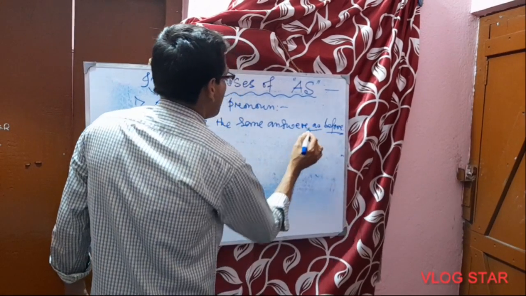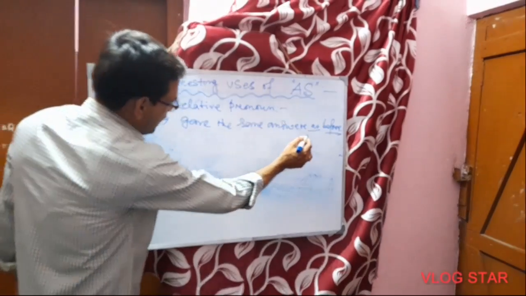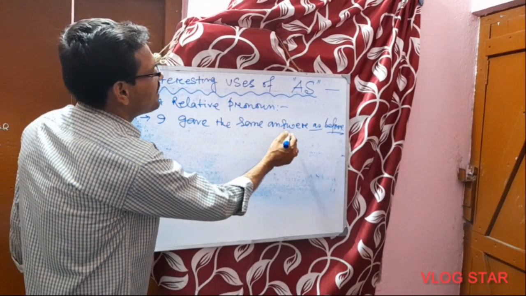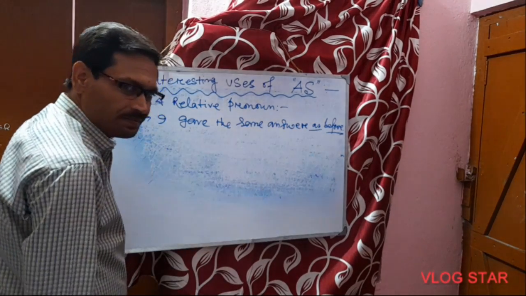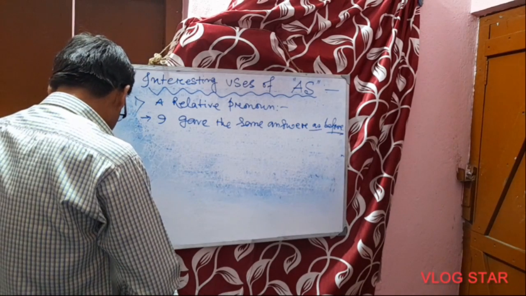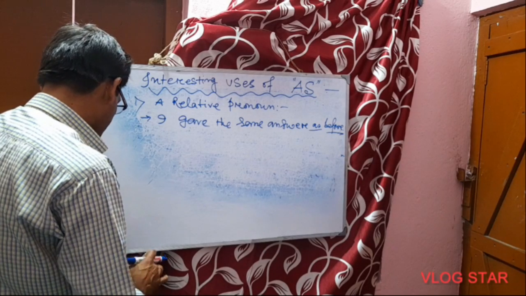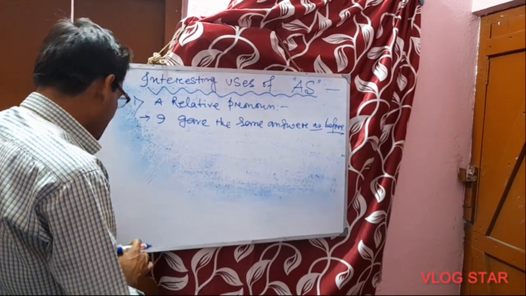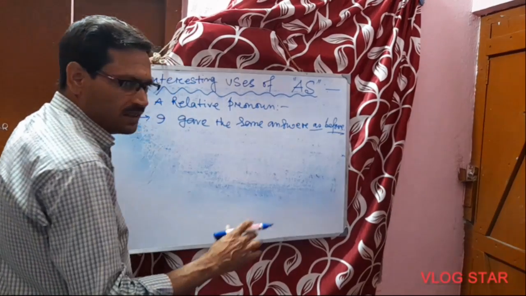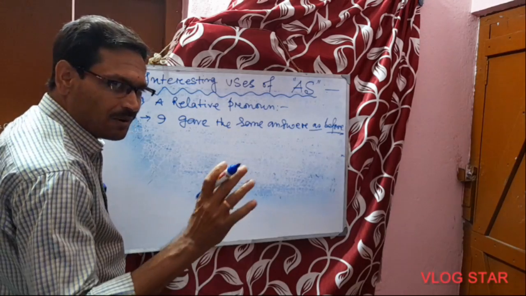Now here "as" acts in a sentence, এখানে as এর ব্যবহারটা রিলেটিভ প্রোনাউনের মতো। I gave the same answer as before. Now there is no difficulty. I gave the same answer as before. "As" here indicates as he gave before. যা উত্তর দিয়েছে সেরকম, এখানে কোনো কমপ্লিকেশন নাই।